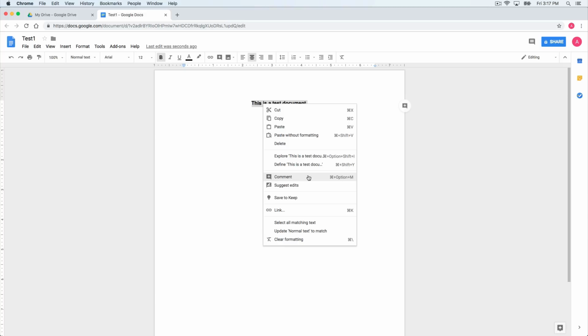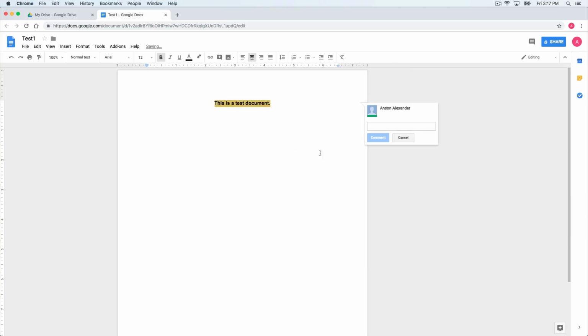You'll notice that I have this option to comment. You'll notice my name appears because it's linked to the account that I'm using, and I could say, this needs some work, assuming that I'm collaborating on this document with somebody. So then I can press the comment link, and you'll notice that my comment now appears on the side of the document. If there are any other collaborators on this document, they would be notified that I commented on it,